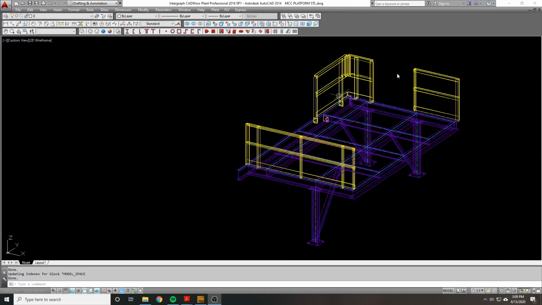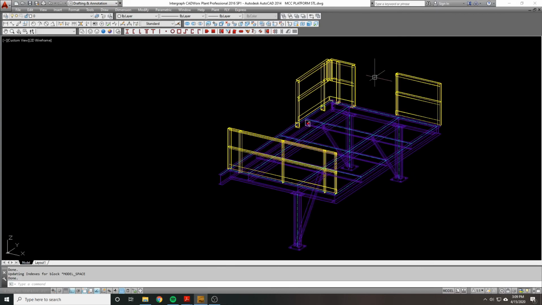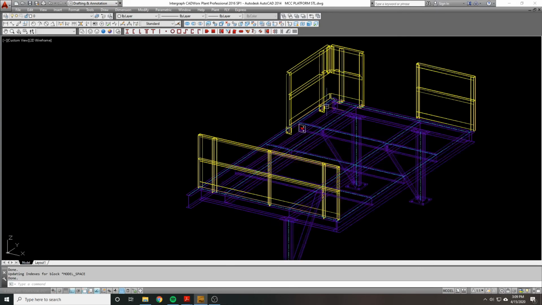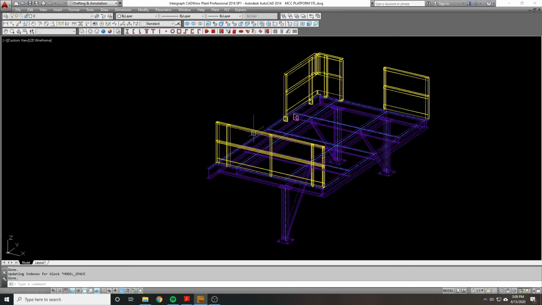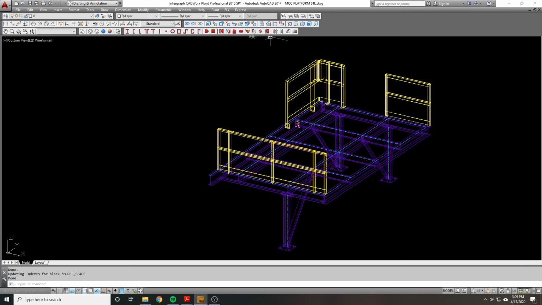I wanted to make a video today about dynamic blocks and about kind of putting it all together. There might be some concepts I go over in this video that I haven't gone over before, but I'll try to explain everything that I'm doing. What I've got here is a platform that I'm working on. Since I do a CADWorks Steel series as well, this is actually my bread and butter here. Kind of a funky looking platform, but we're not too concerned with the actual design of it, just the implementation